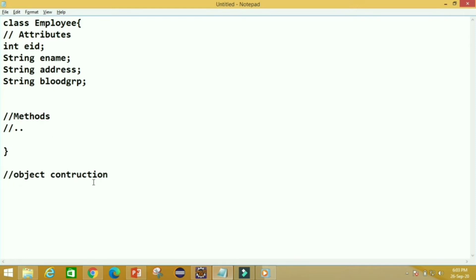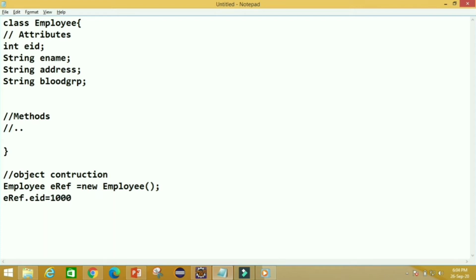For this we have the class name and the reference variable, new object. Now we will write eref.eid, the employee ID,